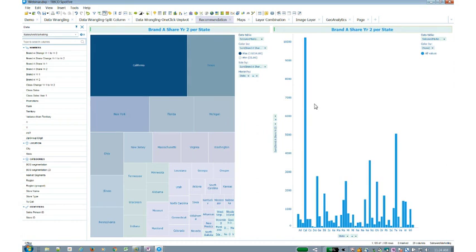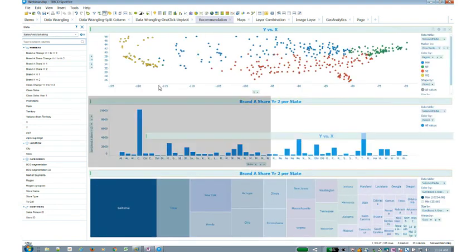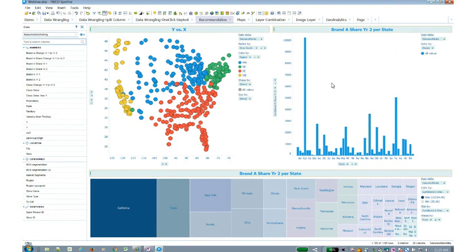dashboards with the visualizations without needing to know anything about how to create them from scratch, although the tool does give you the ability to modify or tweak it or create anything from scratch, and you can just place them anywhere on your screen. These are all very interactive. And if you filter any information anywhere, of course, the tool will immediately respond. So they're all very dynamic, interactive visualizations.